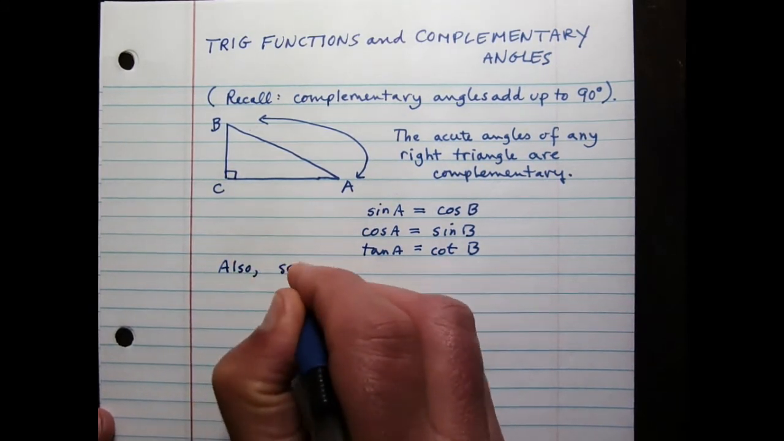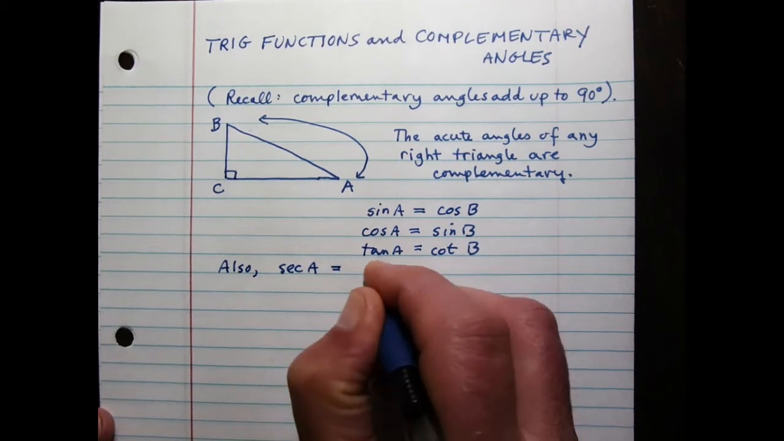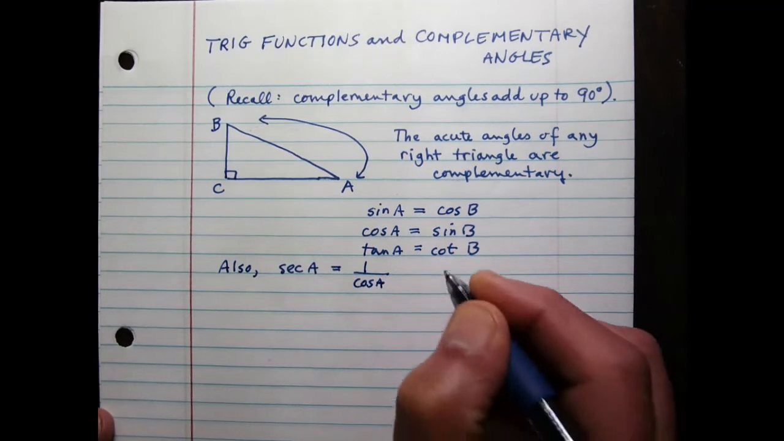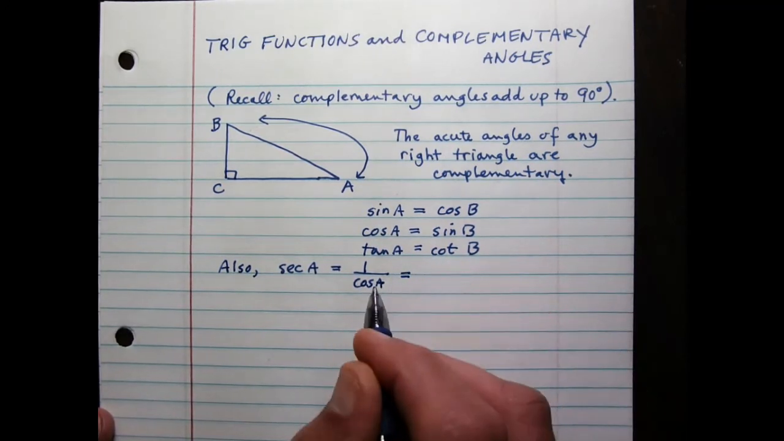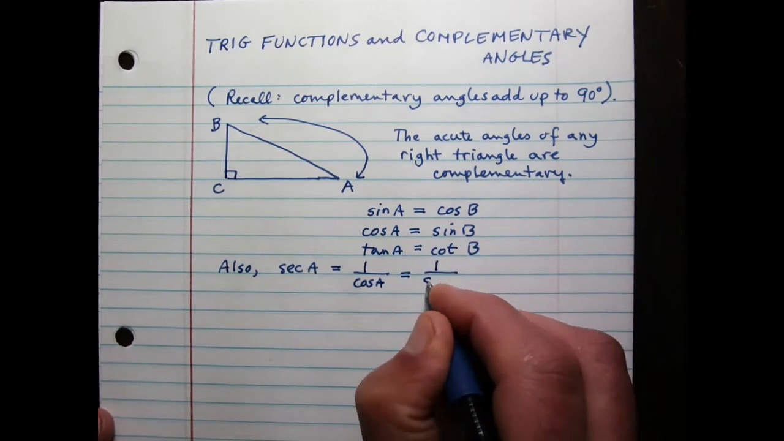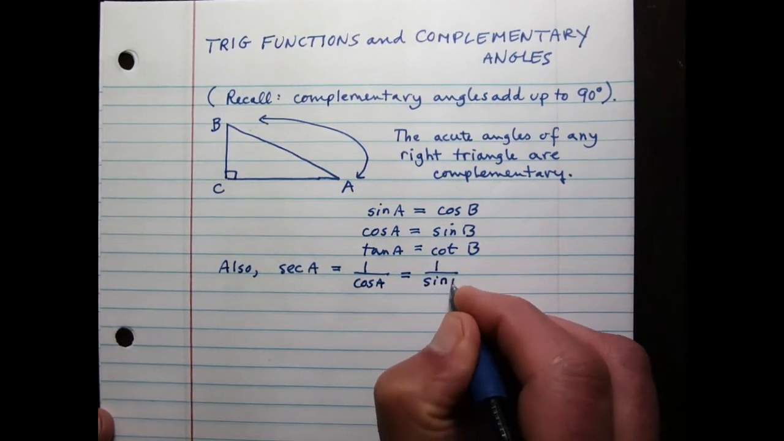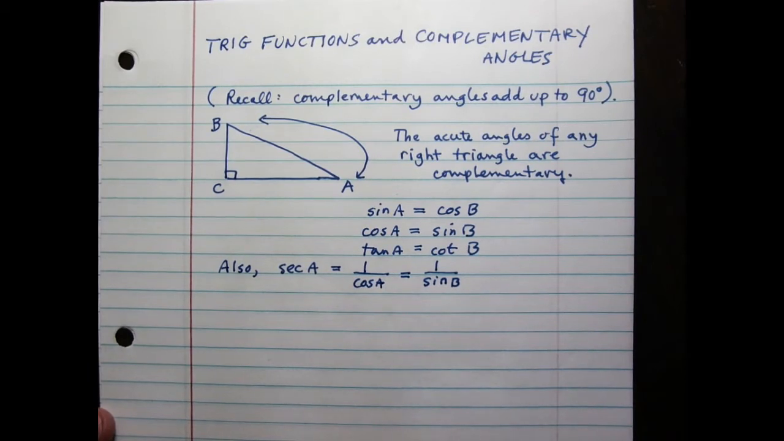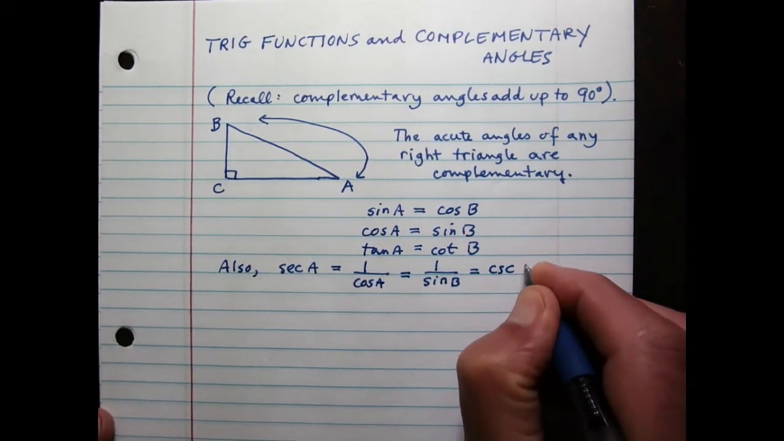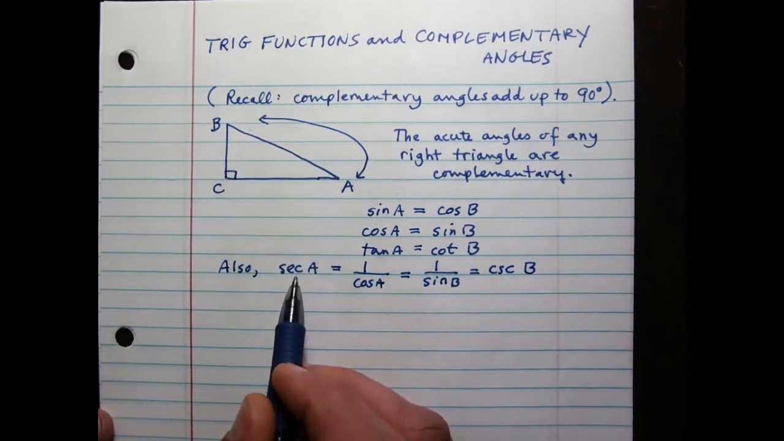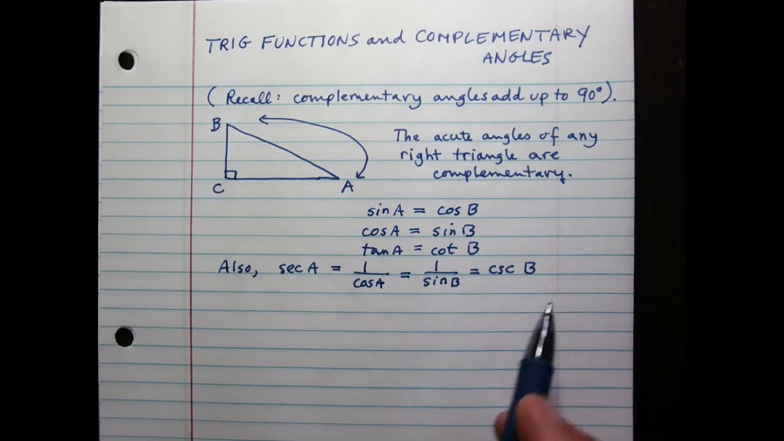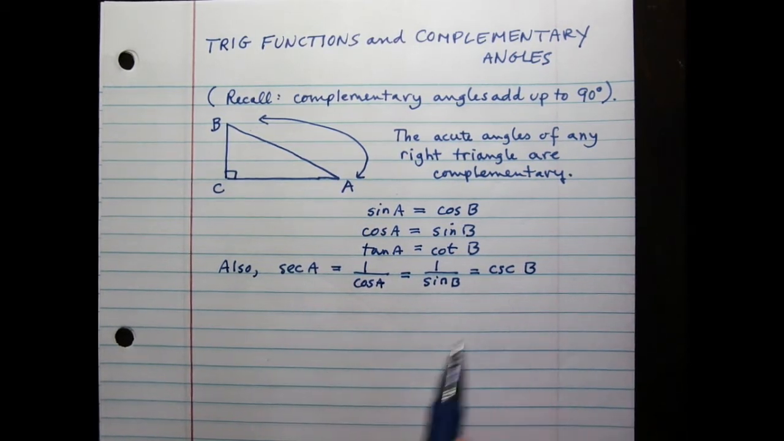So, if we think about what the secant of A is, which we know is 1 over the cosine of A, well, we just observed that the cosine of A equals sine of B, so this is 1 over sine of B, and 1 over sine of B is the cosecant of B. So there's a relationship between secant of A and cosecant of B, and also between cosecant of A and secant